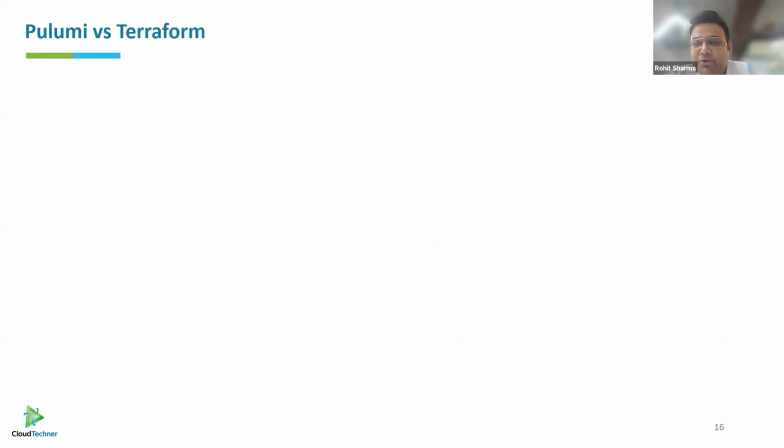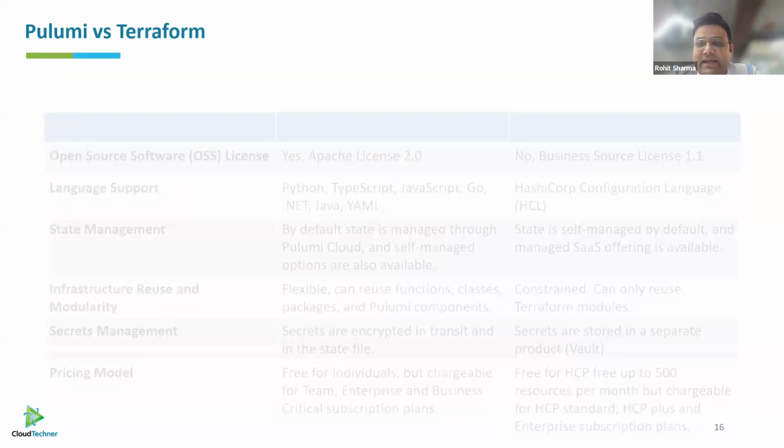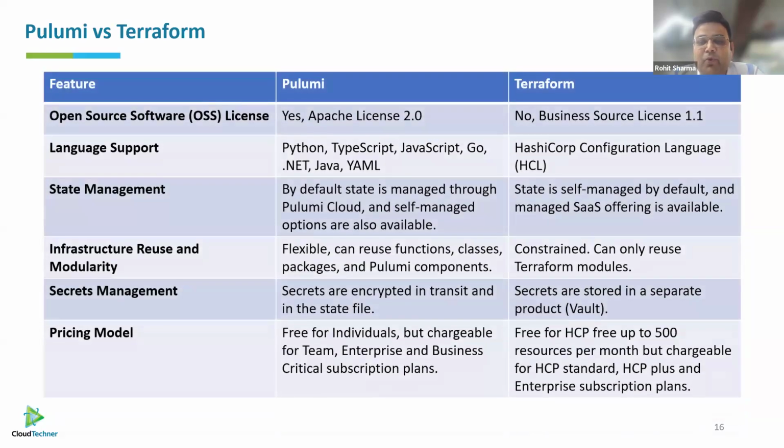So as you know, Terraform is the most popular IaC tool. Here we can see the comparison between Pulumi and Terraform. So first of all, OSS license, or we can say open source software license. Pulumi has an OSS license, that is the Apache license, and Terraform does not have that. It has BSL, or Business Source License. For language support, Pulumi supports Python,